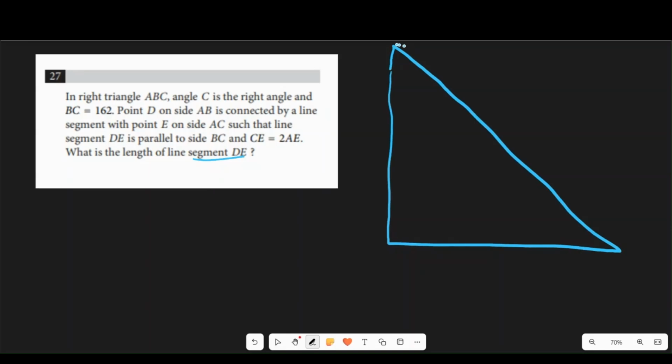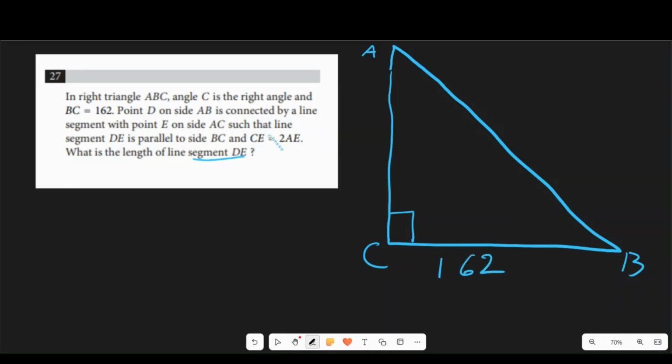We know that this will be our point A. And since C is the right angle, this would be B right here, and this one is going to be C. So we have some line BC is going to be